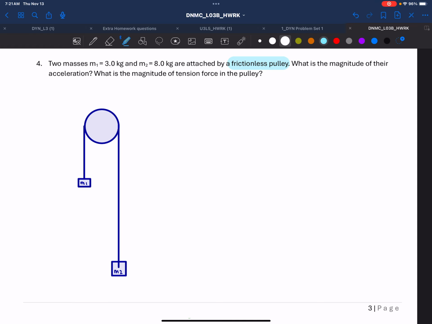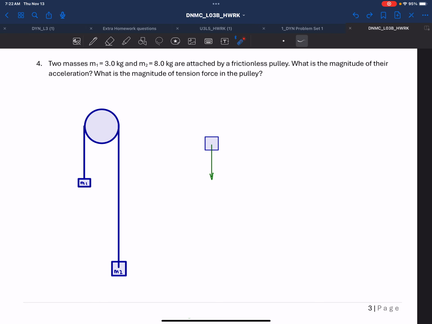So in order to solve these problems, what we need to do first is draw a diagram of all the forces present in each mass. So I'm going to get started with the mass M1. It's best to draw the forces that are present on each mass separately. And I'm going to start off by first drawing the mass M1 and the present forces, which are going to